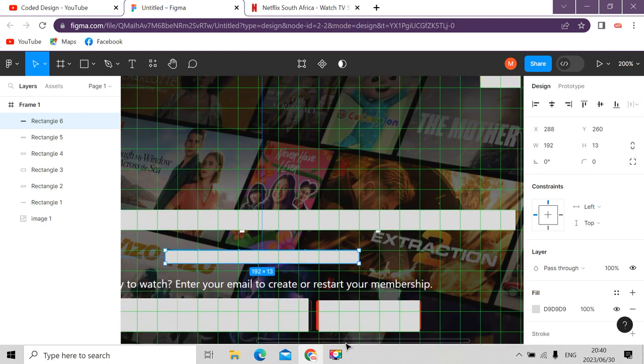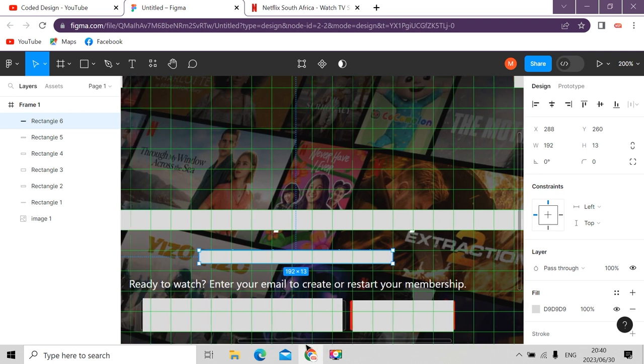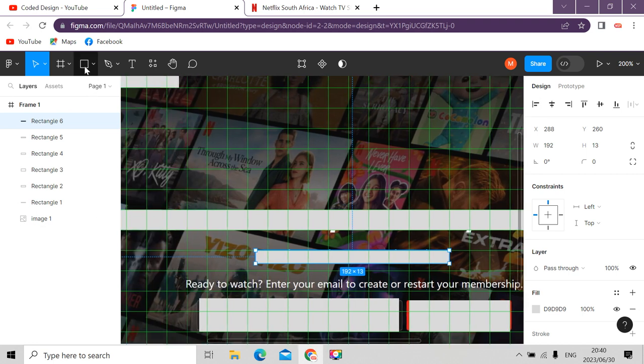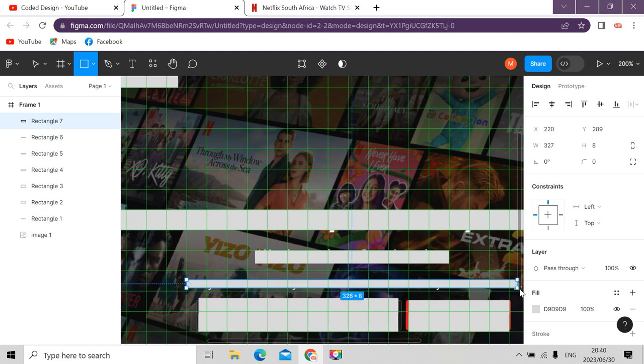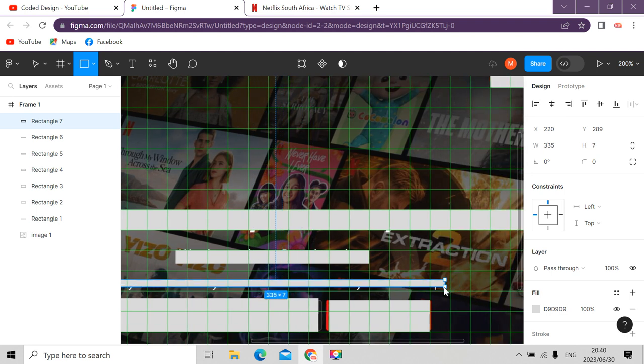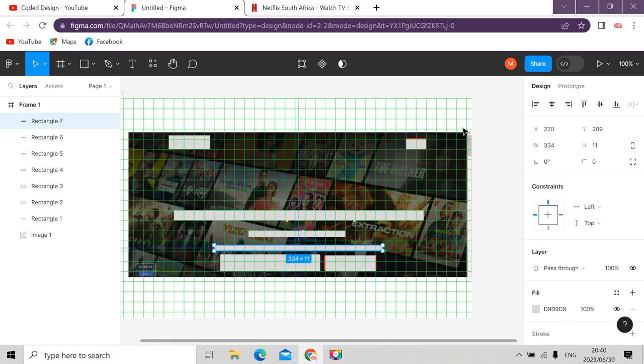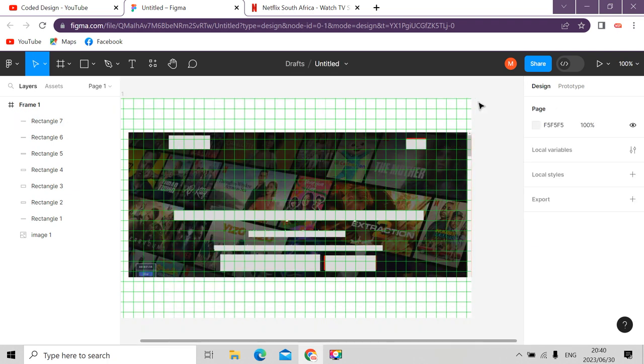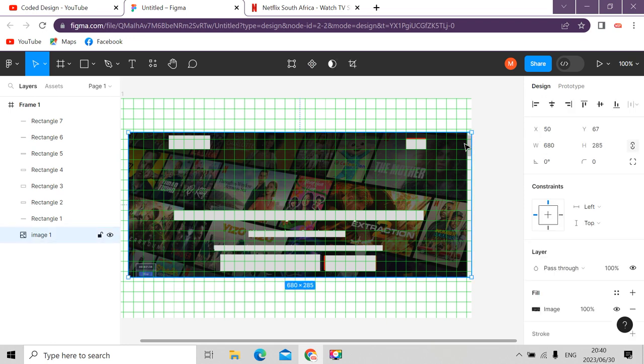Okay, let's see. So this is more like a design reverse engineering, if there is such a word. So we are looking at something that has already been designed and we are trying to reverse engineer it, trying to take it a step back to get an idea of how it was constructed. Okay, so let me just